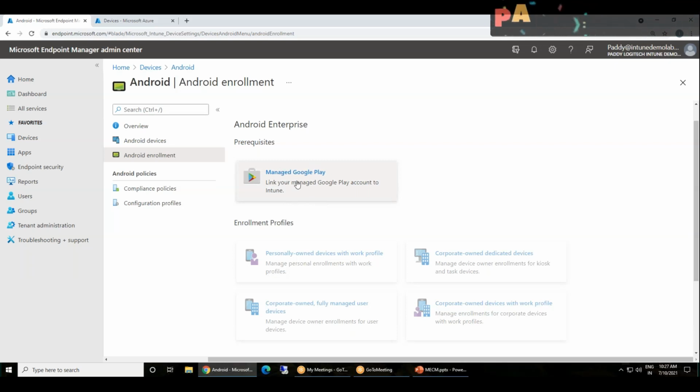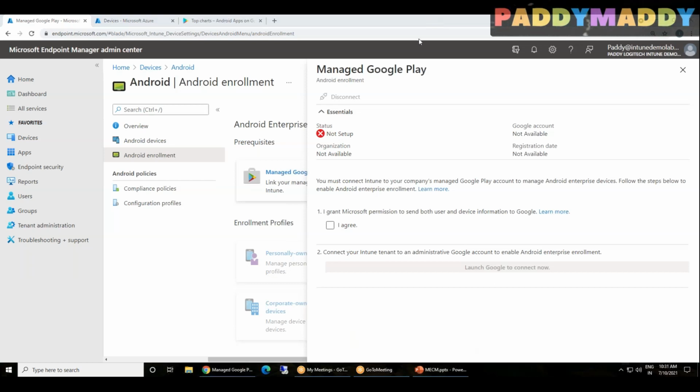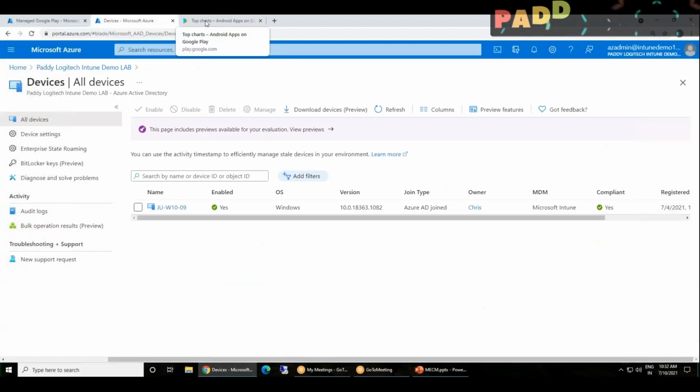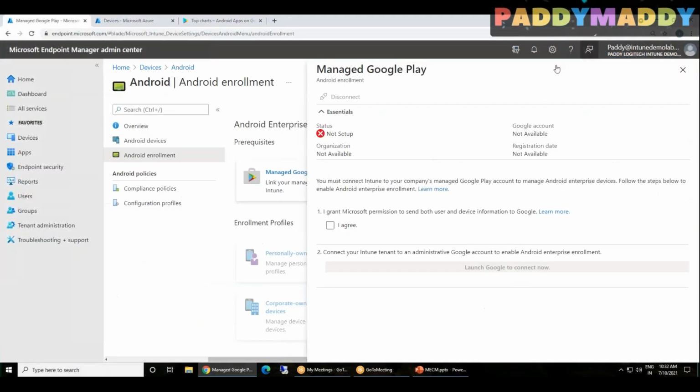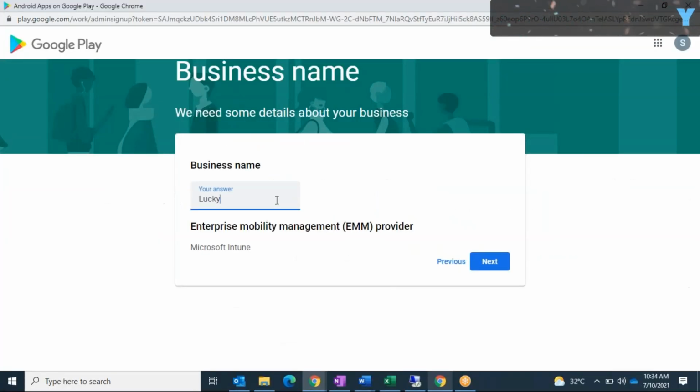Within this window, we would be configuring our Google account. As we just talked about, we would be entering the Google account details. This could be your company-based account. I'll simply click on agree and then launch my account. In my case, I've already logged in with a Google account within the same browser, that's why it's going to log in automatically. Otherwise it will ask you to sign in. Then it is going to prompt for the business name. So you can give your business name, for